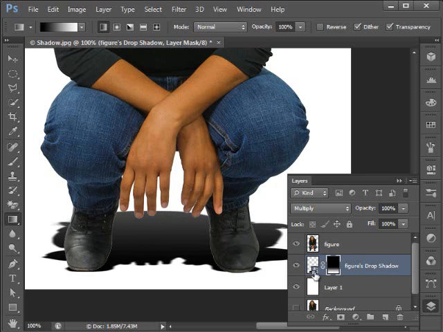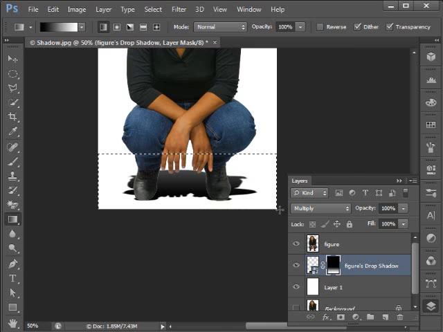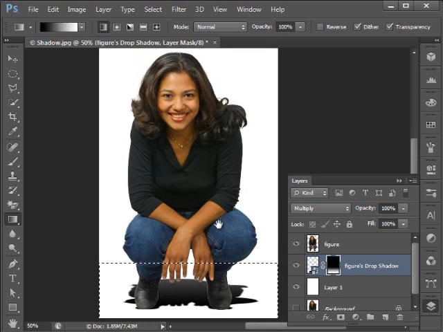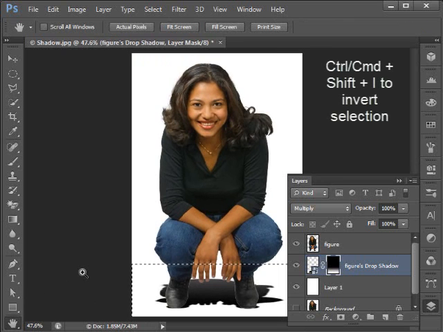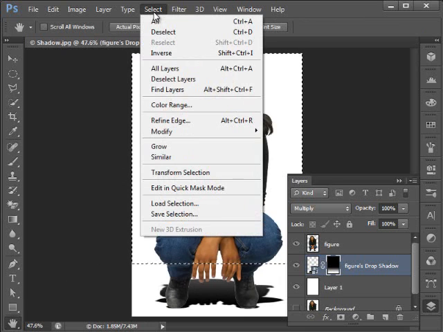So I'm going to do that by taking my layer mask, and I will load that as a selection. Hold Control or Command and click on the layer mask thumbnail to load it as a selection. And then I will invert that selection. Control or Command Shift I inverts that selection, and then I'm going to transform that selection. I'll choose Select, Transform Selection,